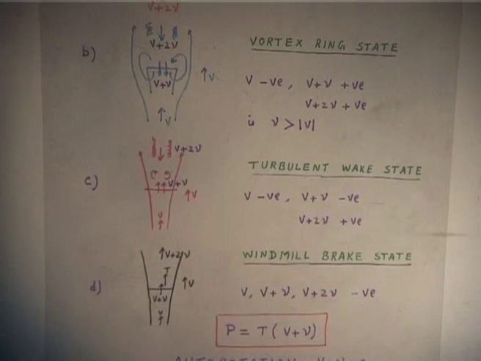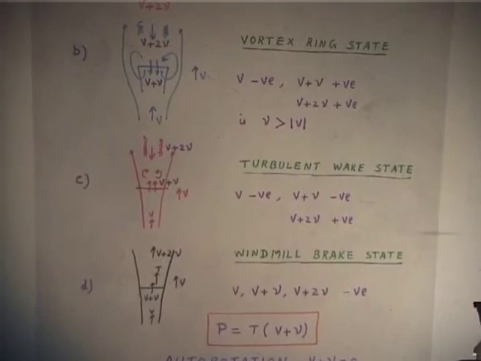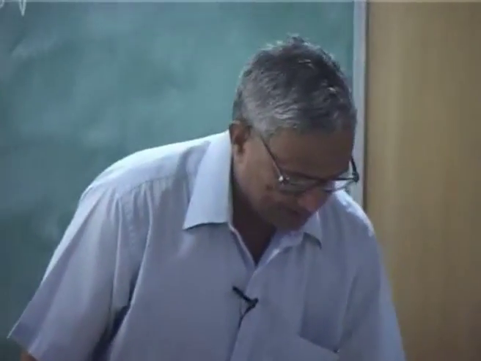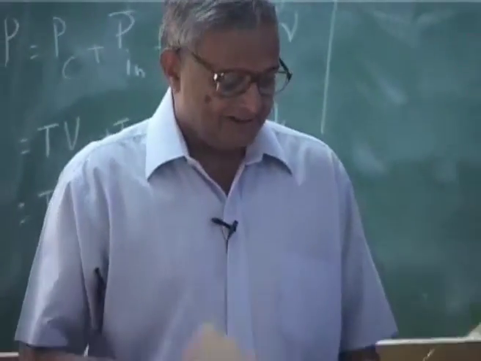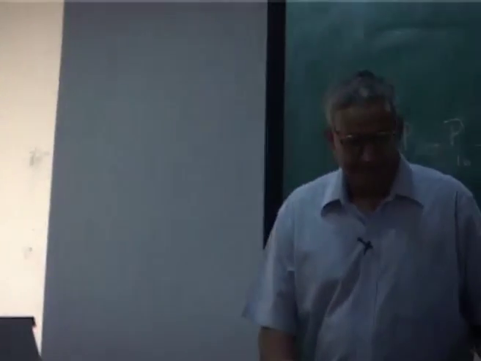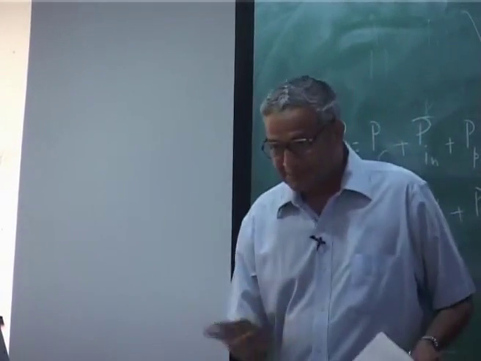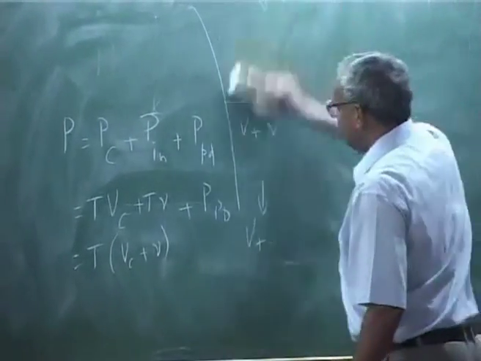So, first we take the situation of the climb, because climb condition is always very good and well behaved, and your theory is good, and windmill theory is fine, but in between it is not there, but then you still use it. Okay, that is the beauty in the sense, because you do not know anything, so you have to use something. That is what the bottom thing is. Okay. So, now let us take the climb condition,